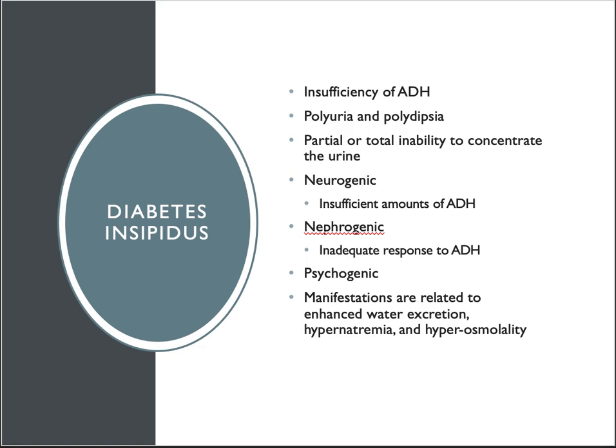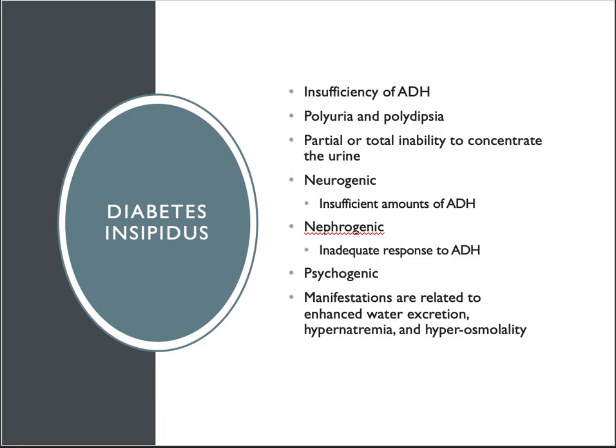Now this can either be a neurogenic diabetes insipidus, and this happens with head trauma or brain surgery, and it's really, really common when you've had brain surgery, especially on your pituitary gland, because it kind of shocks the pituitary gland, and so all of a sudden it's not secreting any ADH, and that's neurogenic. Now, a rare kind of DI is nephrogenic, which is when your pituitary gland is working okay, your kidneys just aren't responding to the ADH.